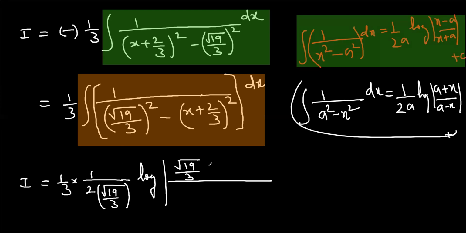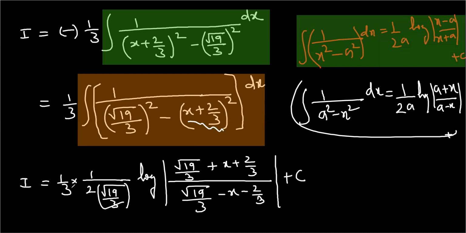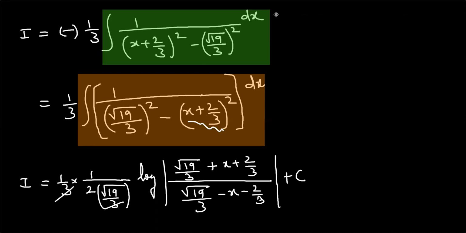So (root 19 by 3 plus x plus 2 by 3) upon (a minus x, that is root 19 by 3 minus x). When you write the negative of this complete variable, it will be negative x minus 2 by 3, plus c here. Now this 3 cancels this 3. So I get the final answer as follows. My final answer will be